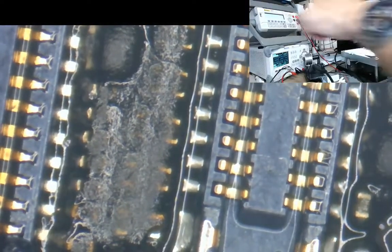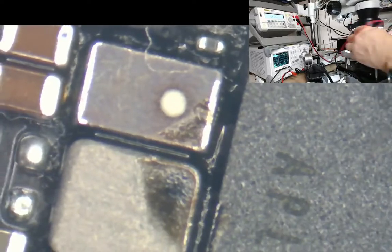So now, if we get this board out of here, off there, right? Try and keep it in view so nobody accuses me of switching boards and all that kind of stuff. I'm sure nobody will do that. But I'm not going to screw this in. Literally, all I'm going to do, I'm just going to do that. In fact, just before I do this, one thing you should always do, just before you power this board up, is just check that it's not shorting to ground, because if I do this and it's all shorting to ground,